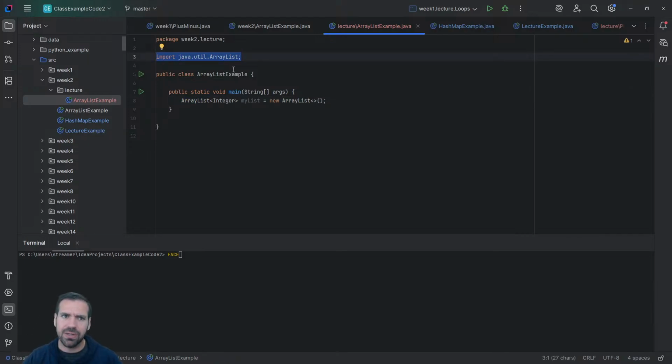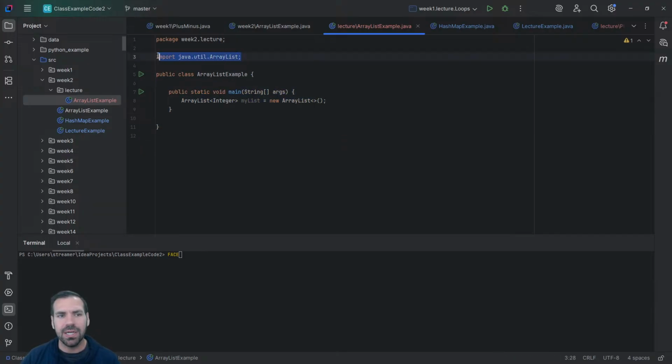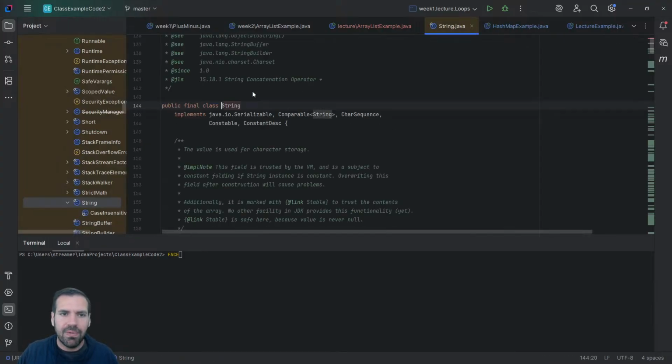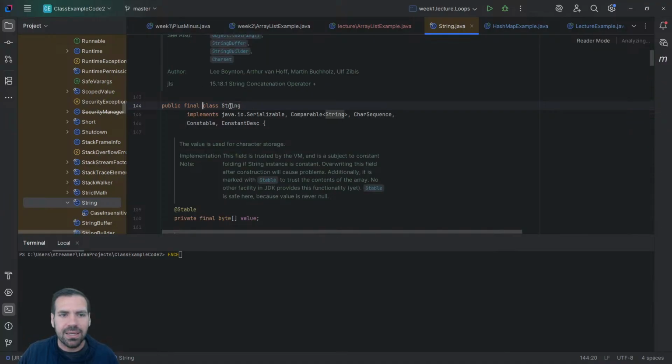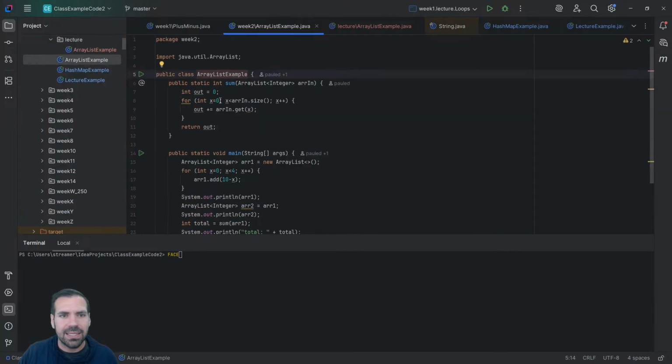Last time I said there are two things that can go outside of a class. All our code has to be inside a class, except two things: package declaration and import statements. This is our first import statement. These will go outside classes. With Java, there are certain classes that are auto-imported, like the String class, which we haven't really seen before, but String is a class. There's a class that defines what strings are. Just like we're writing classes to store our code,